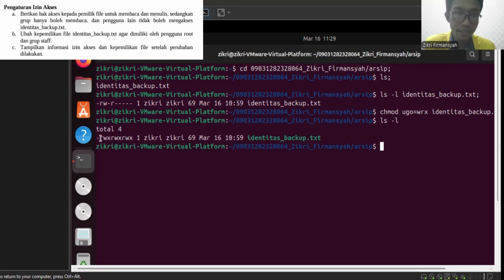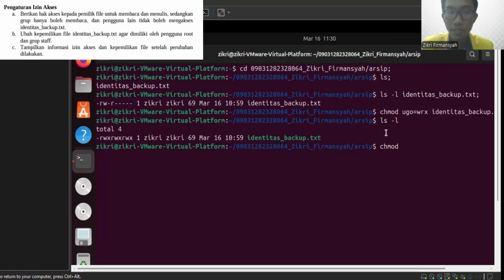Now, as you can see, all of the permissions now have read, write, and execute. And then if we want to change the permission like in the question, we can use chmod again. Now we can change it with numbers.